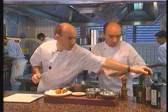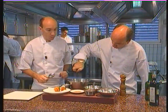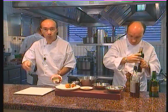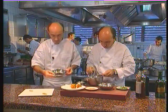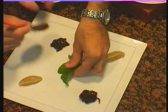So Jacques is going to season the salad with roasted sesame oil and a hint of balsamic vinegar. Meanwhile, I'll be moving on to the garnishing. So with the pear compote that I made earlier with the vanilla pod, we have a puree with which I'm going to make 2 quenelles, 1 on either side of the plate. And then add the candied onions in balsamic vinegar, the salad in the center,